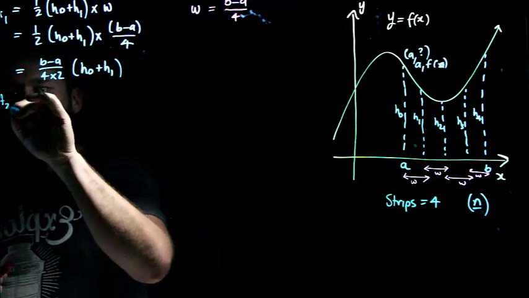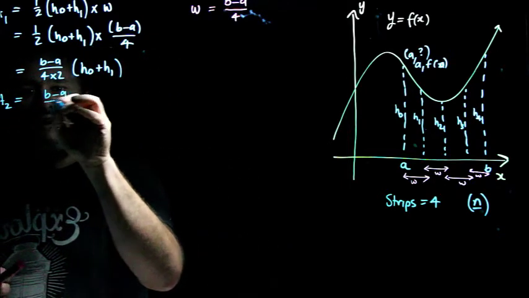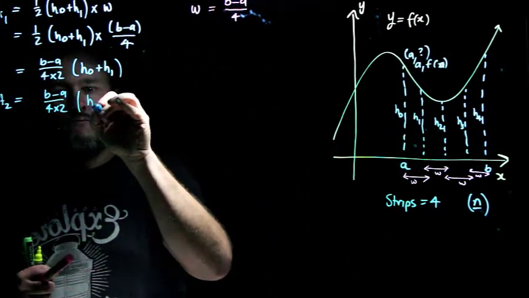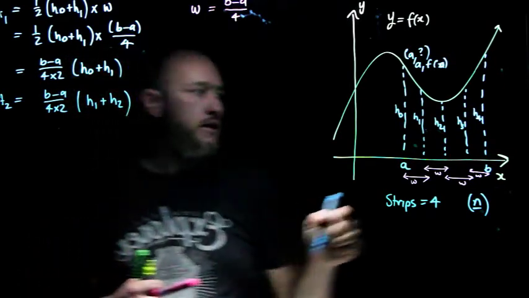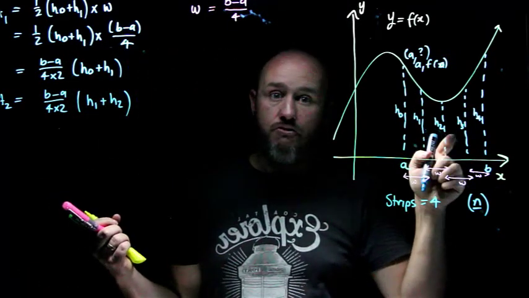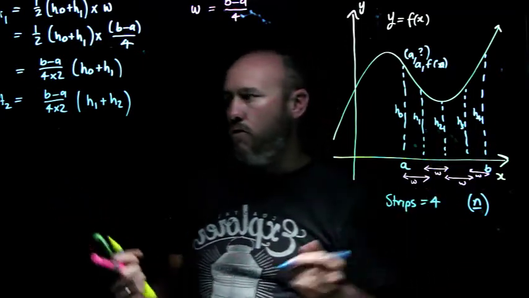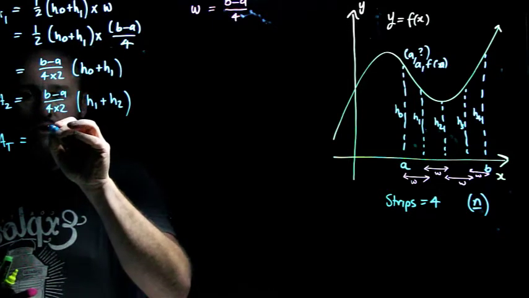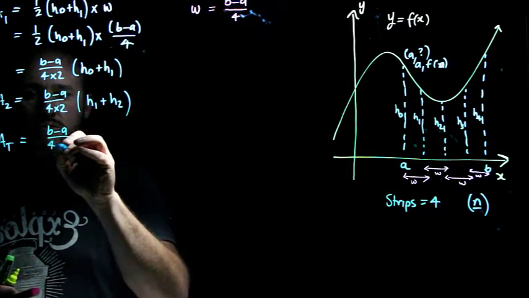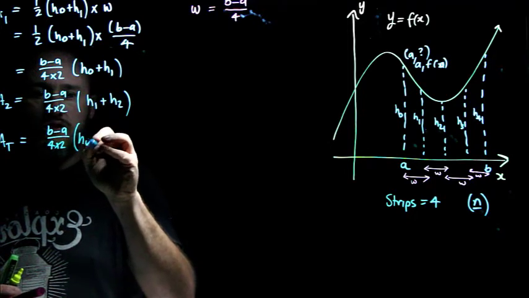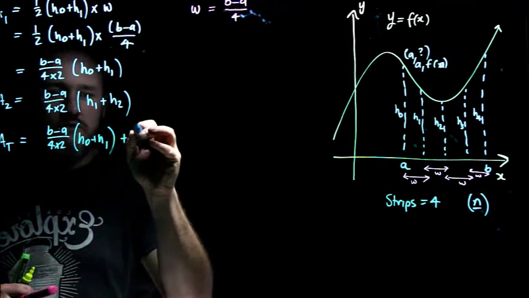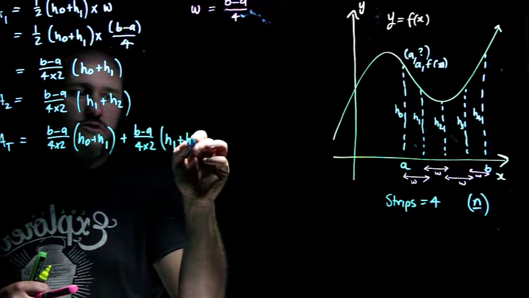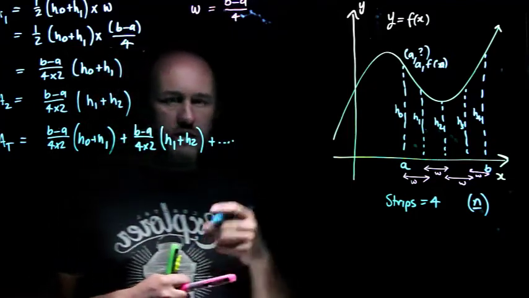Hopefully you can see area 2 is equal to b minus a over 4 times 2, but this time my heights are height 1 and height 2. And area 3 is just the same, but with height 2 and height 3. And area 4, height 3 and height 4. So what I'm going to do is get my area total. My area total is b minus a over 4 times 2, h0 plus h1, that's area 1, plus b minus a over 4 times 2, h1 plus h2, plus dot dot dot all the way to the end,